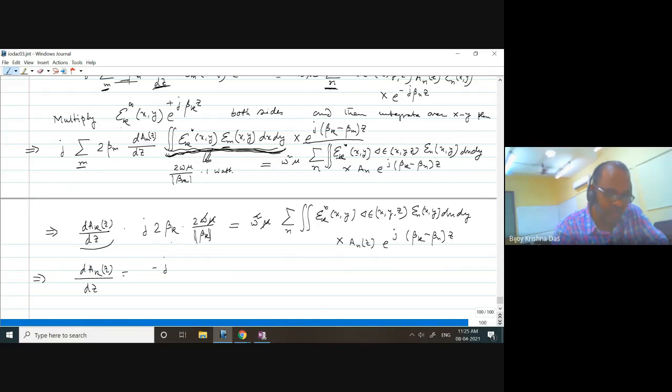These two things I cannot just simply cancel because beta k is the propagation constant, we have to consider the modes, whether it is positive direction or negative direction, that can be imposed here. If a mode is propagating in the forward direction, I have to consider this one as a plus. If it is a reverse direction, I have to consider that as a minus. But here, this is a mode because that is coming out of the normalization. So I cannot simply consider this depending on the positive or negative direction of propagation for a given mode k, beta k, I will be just imposing here. Otherwise, it is basically the same.